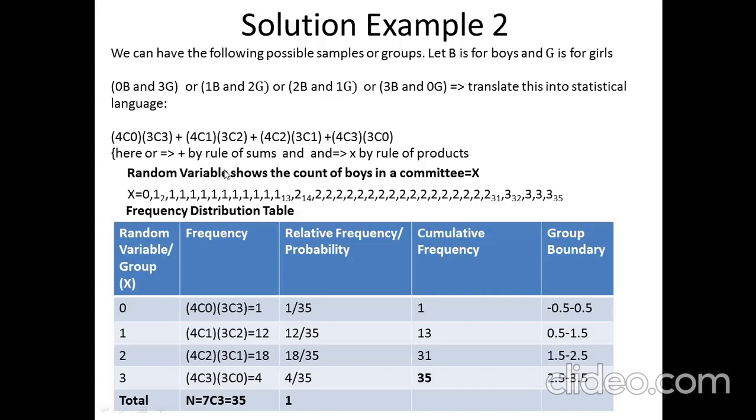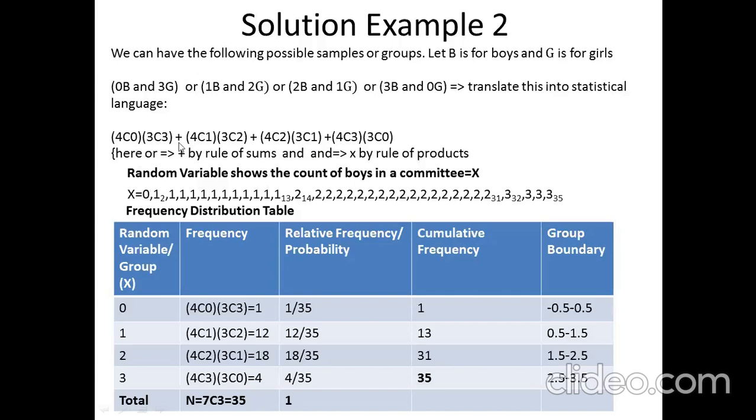Okay. Now what is a random variable? The formulation of the random variable. We can see that the random variable was the count of boys, and the count of boys over here is 0, 1, 2, and 3. So in how many ways can we have samples comprising 0 boys? It is actually the product of 4C0 and 3C3, which equals 1. So the count of zeros in the data set X, which is the count of boys, would be 1. So there would be 1 zero.